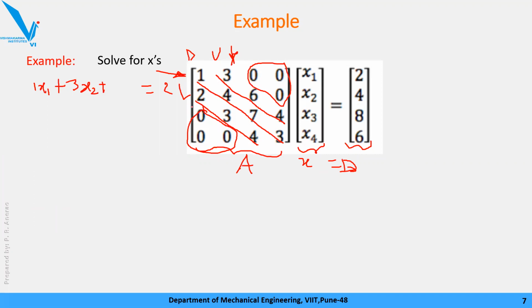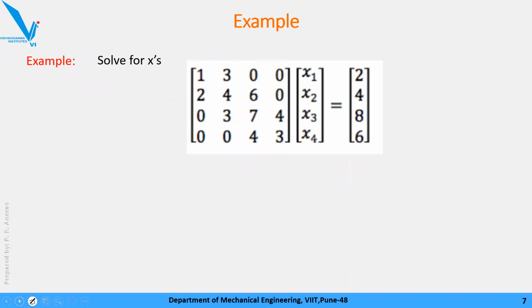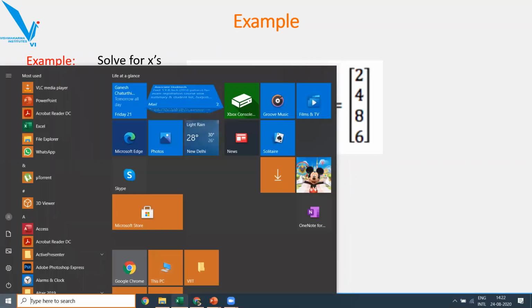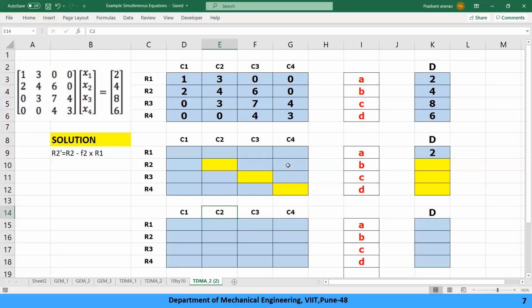Okay, so then we apply TDMA. Now the TDMA approach is very easy to do. There are not many calculations involved. Within a few calculations you will be able to solve this numerical. So I'll try to explain it with the help of the Excel sheet. Whenever you have a doubt, please ask, raise your hand. I'll try to rectify those queries. Okay, so I'll start with the basic thing.